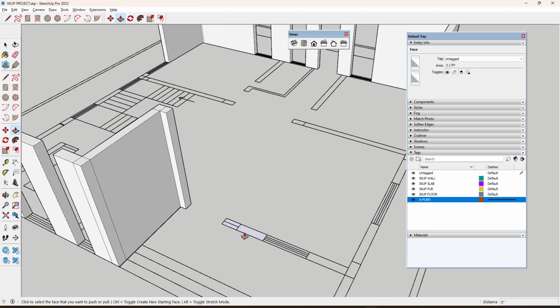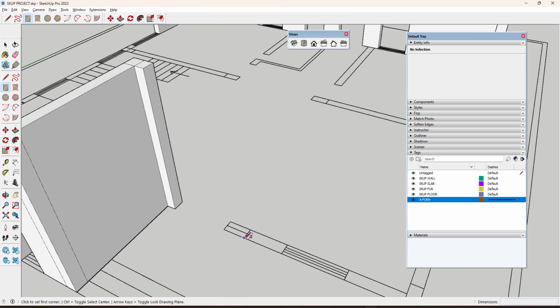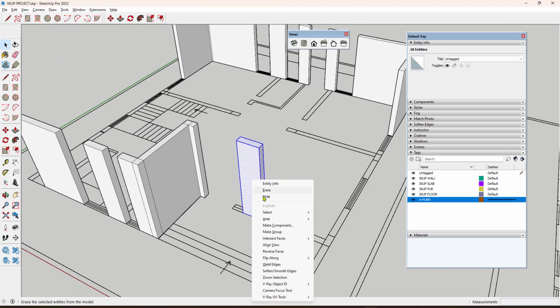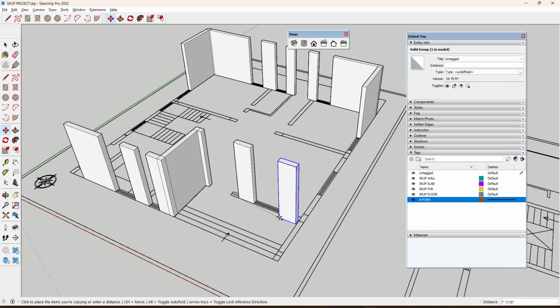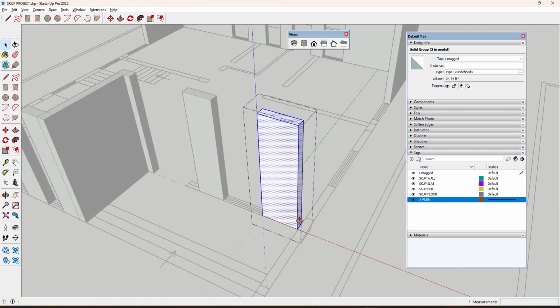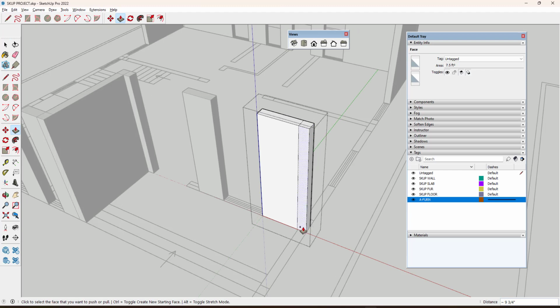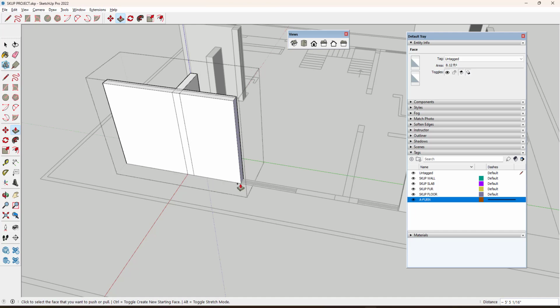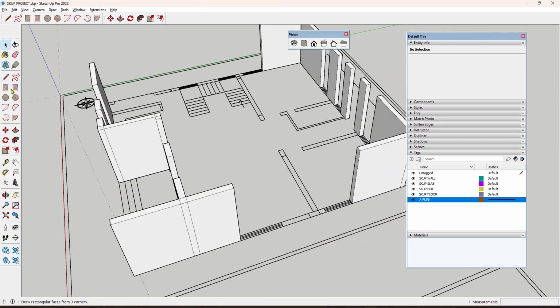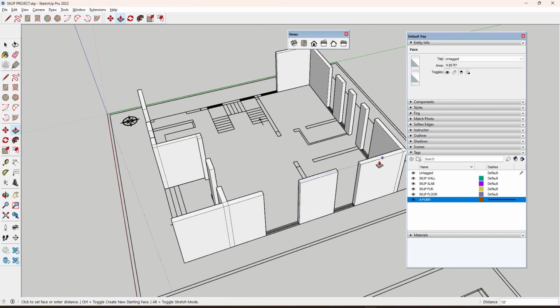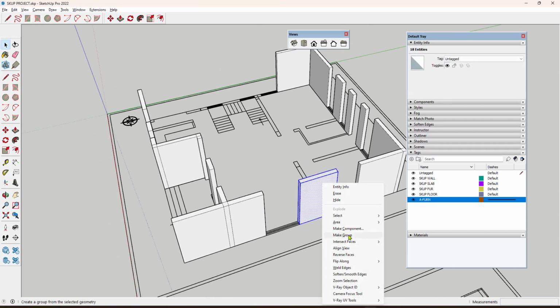So here we have a window. I'm just doing Ctrl Z. Make a group and then I'm using scale here. Press the middle button and then scale it up. Going inside the group and then pushing it by adding the segment. You can add it like this. So once you complete, you just select all the wall portion and then add it into the particular SketchUp wall layer.